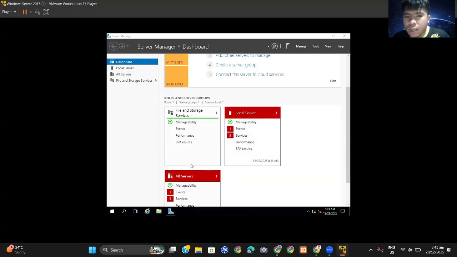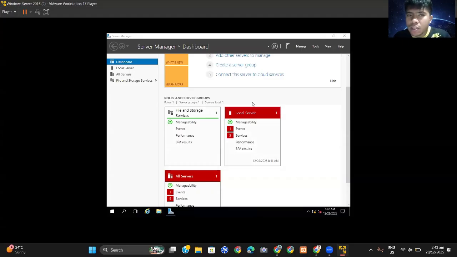That's why this is red, and this is red also. The same thing applies to the other parts in the installation of Windows Server 2016. That's why there are many errors, since it requires the file resources to be online.